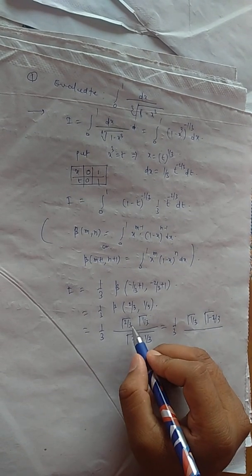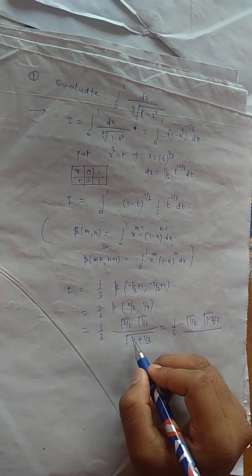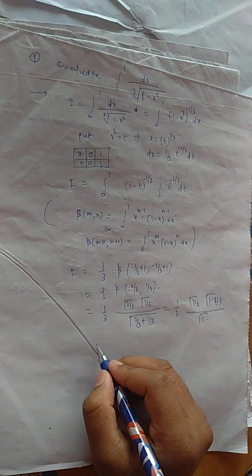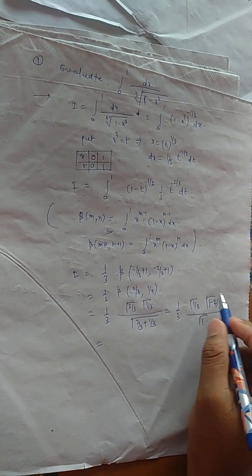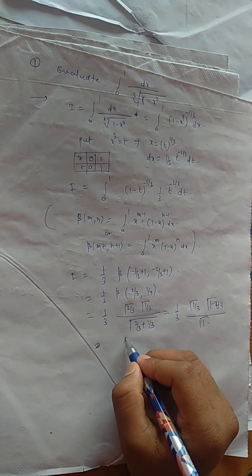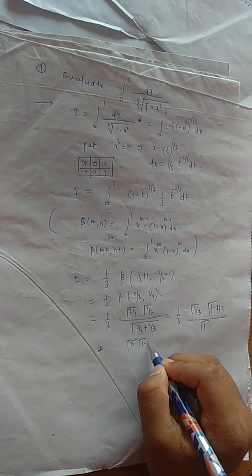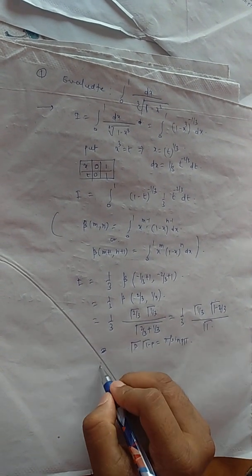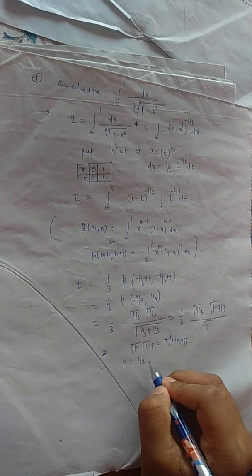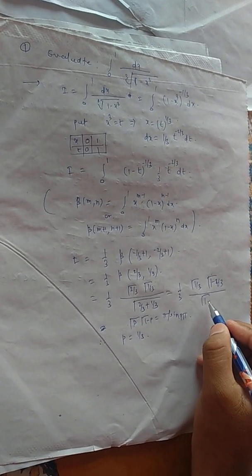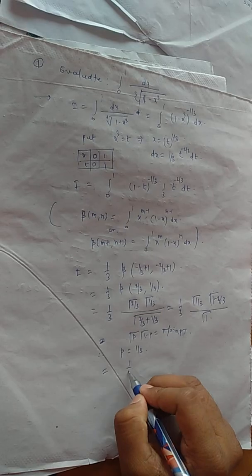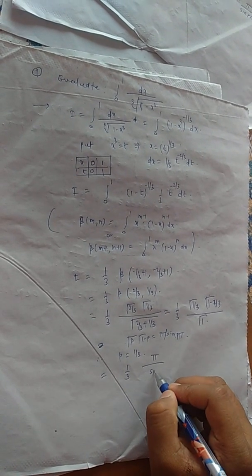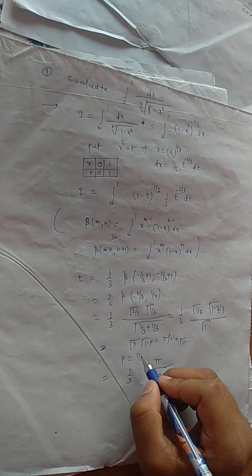1 minus 1 by 3 is nothing but gamma 2 by 3, and 2 plus 1 is 3, 3 by 3 is 1, gamma 1. This is equal to, now by the property of the gamma function, that is gamma p, gamma 1 minus p is equal to pi upon sine p pi. So here p is equal to 1 by 3 and the value of gamma 1 is 1, so this is equal to